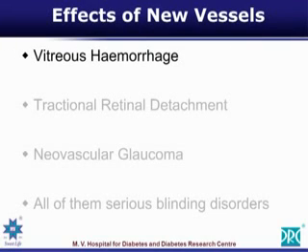Why are we so worried about these new vessels? These new vessels are very fragile. They do not have all the three coats of a normal blood vessel. They are just endothelial buds in which a small canalization has taken place. They are associated with a little bit of glial tissue, and because of their fragility, any effort by the patient, like sneezing, a Valsalva maneuver, lifting a chair, going to the toilet, any one of these can produce a bleeding from these new vessels, and we will call it a vitreous hemorrhage.